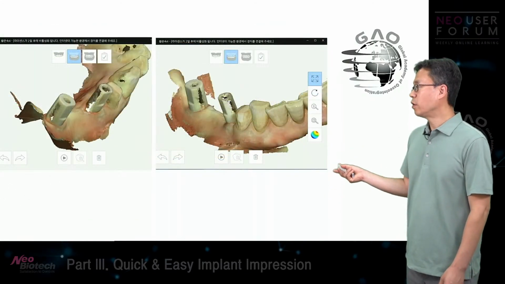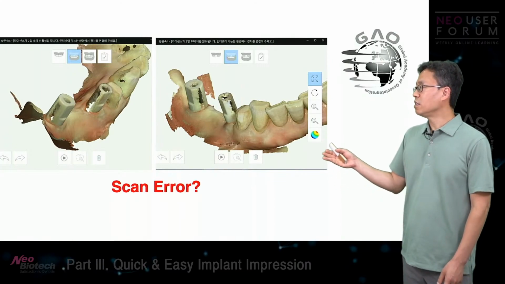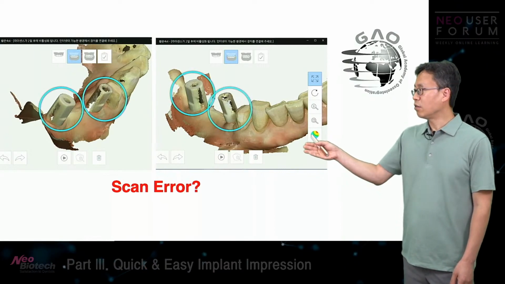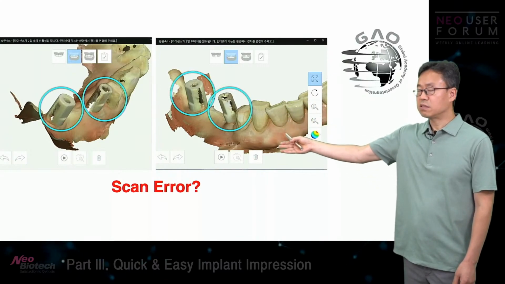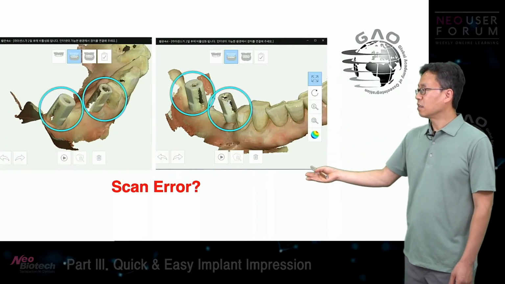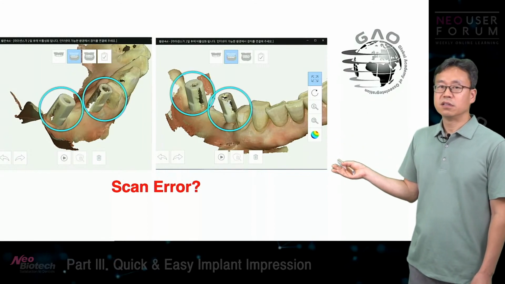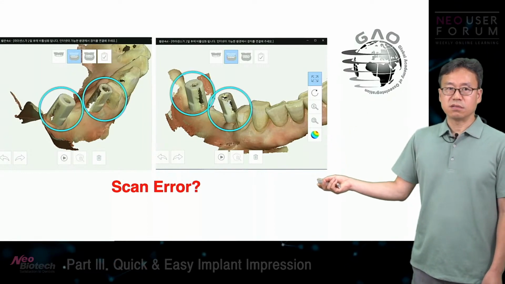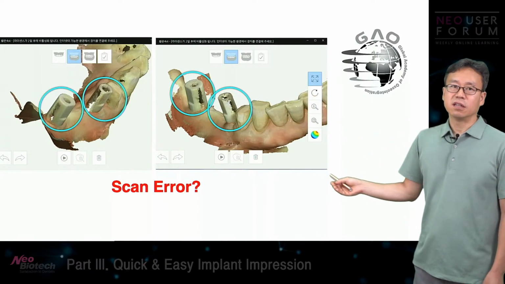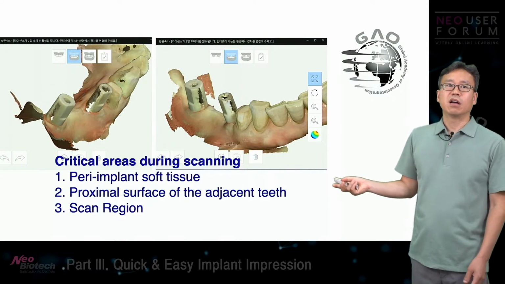What do you see in these photos? You think these are scan errors? Especially these circled areas? You see some defects? Yeah, it might look like scan errors, but the scan data is good enough to make an implant prosthesis. These defects do not affect the final outcome. Why? Because